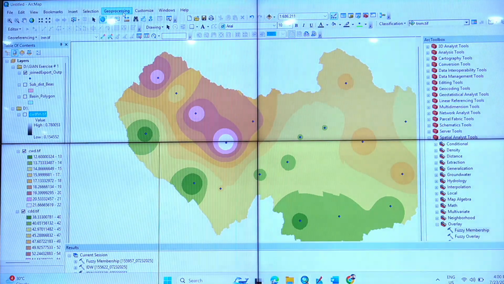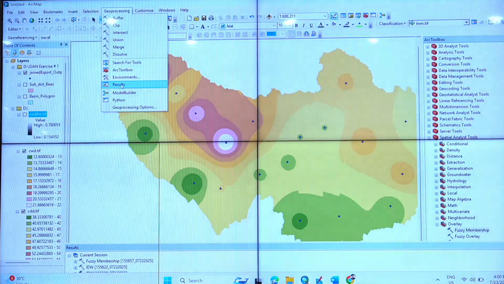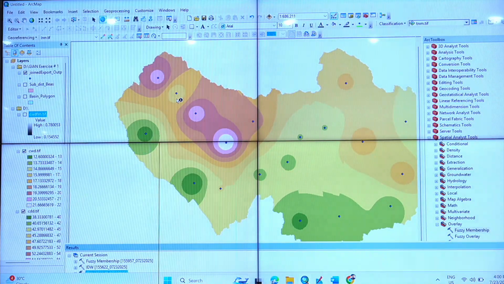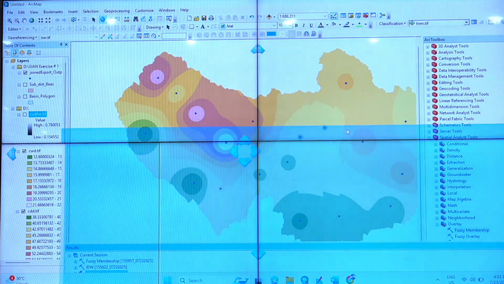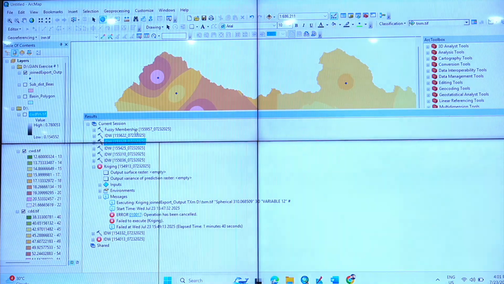We need to convert this IDW interpolated map into fuzzy membership. So let us take the shortcut, the result I did earlier. Then what I do is, where did it go? Okay, we pulled it down. Right, this one.